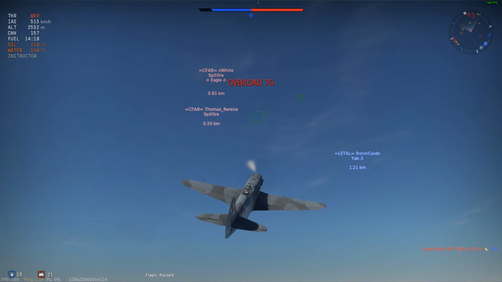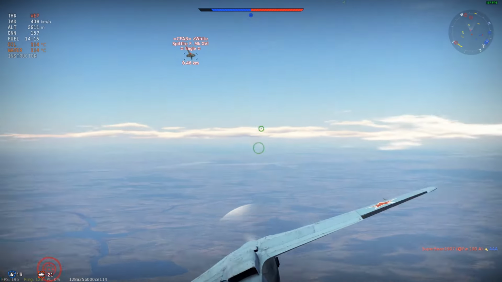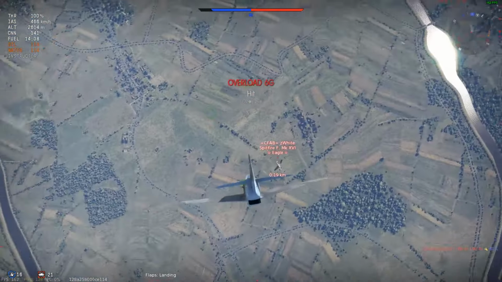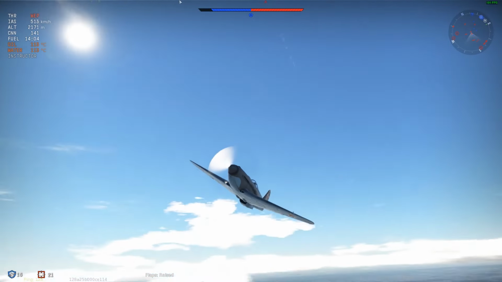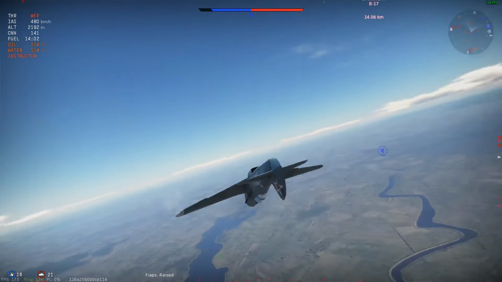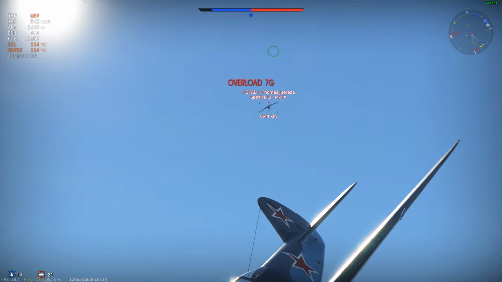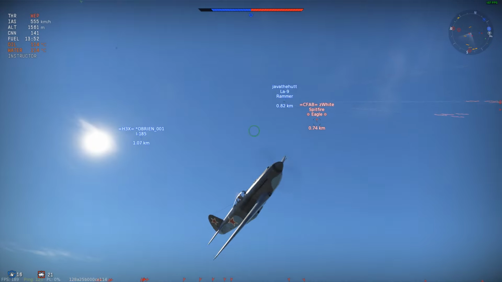Now I go, just turn back into that, I see the other LF Mark 9 coming in for me, so I evade him and go back on the other Spitfire that is now on my friendly, because I kind of want to try and save my friends as much as possible. Now I look behind me because I see the Spitfire on the minimap behind me, and it always pays, if you just look behind you,